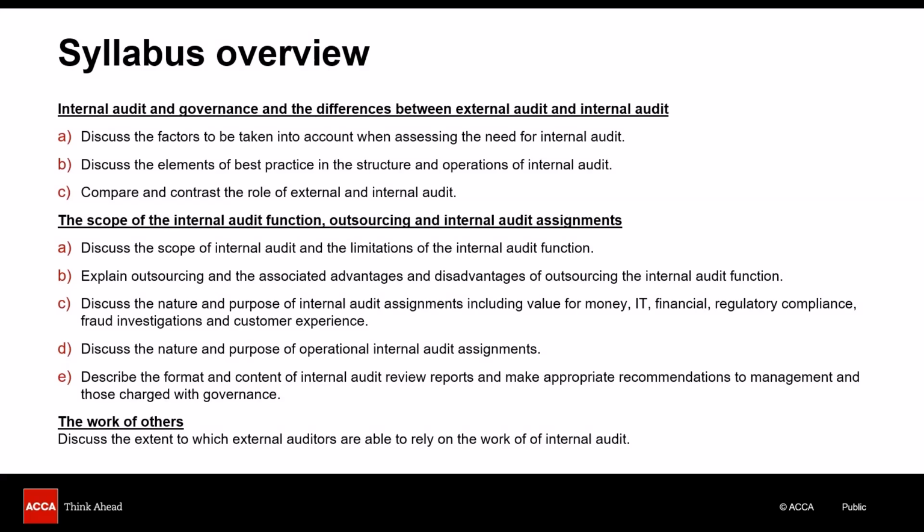Internal audit technically isn't a very difficult area. However, if you don't understand the work that they do, you're likely to struggle with attempting the questions in the exam. Additionally, and very importantly, there's some learning involved so that you don't take up a lot of time in coming up with an appropriate answer in the exam.